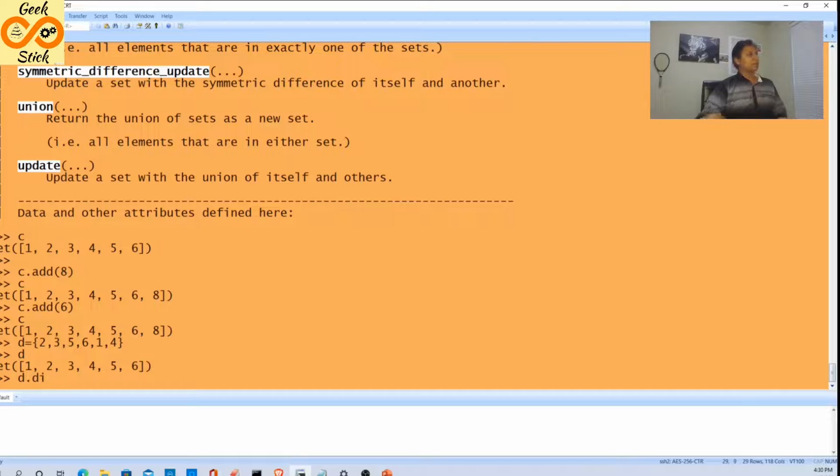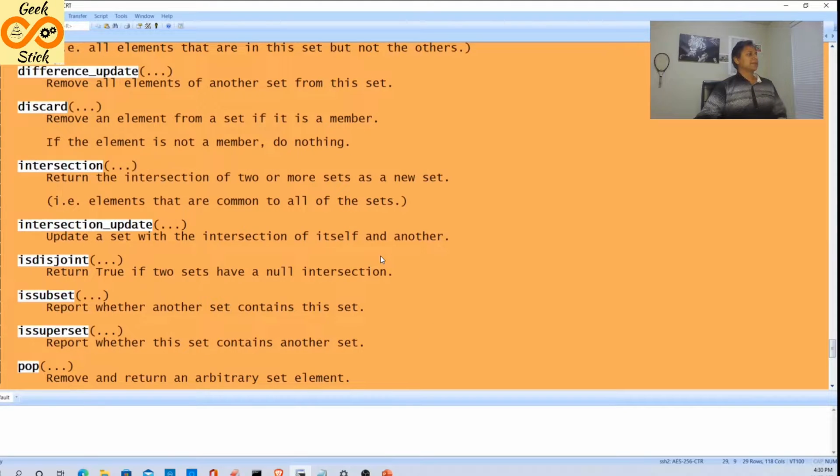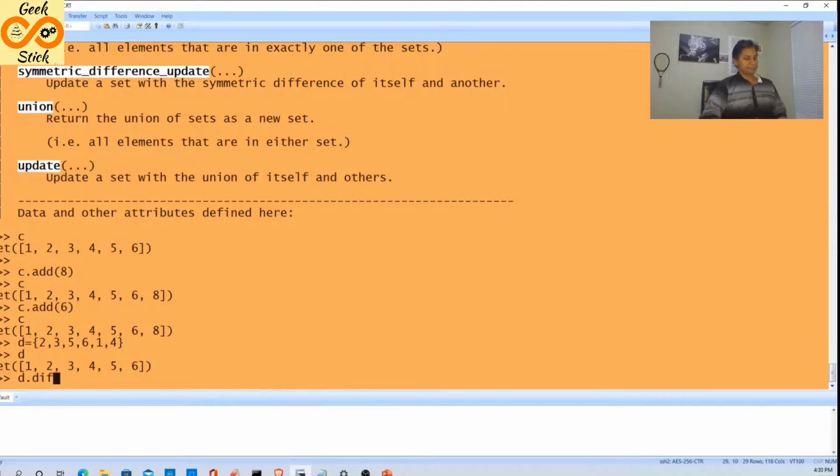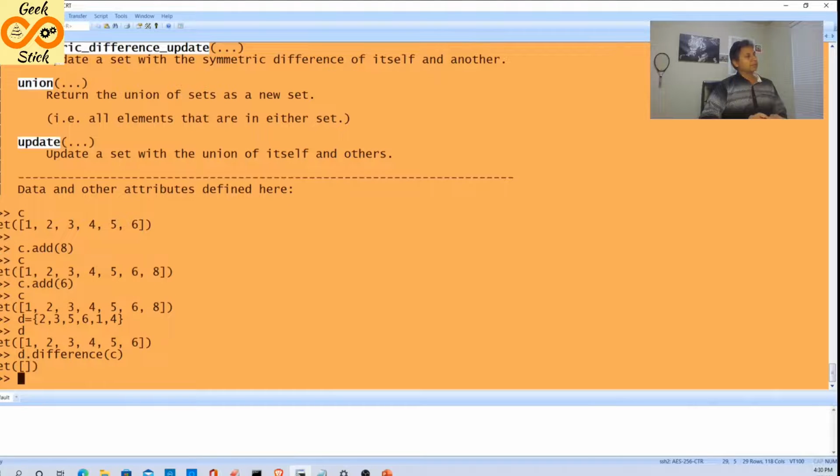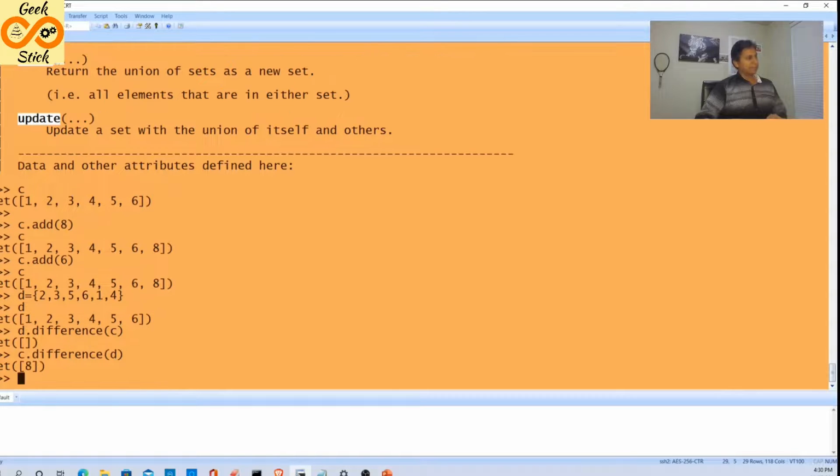C dot, what is the exact syntax we are using? The difference. In D, nothing is different. Okay, nothing. Then let's go by C is different than D. Yes, 8. 8 is a unique value, right? That's what we got.